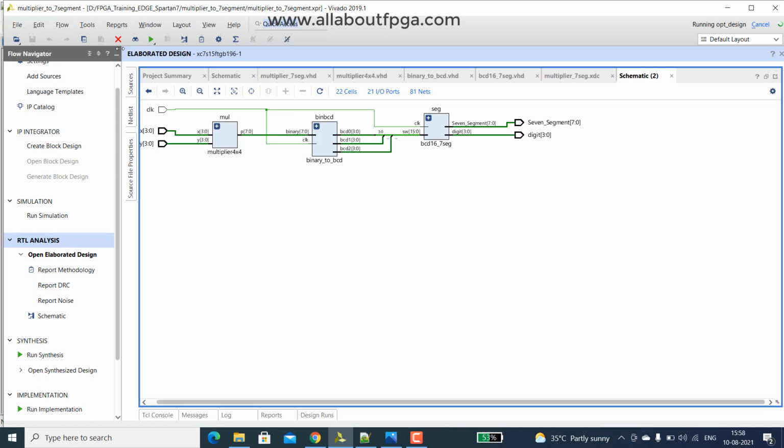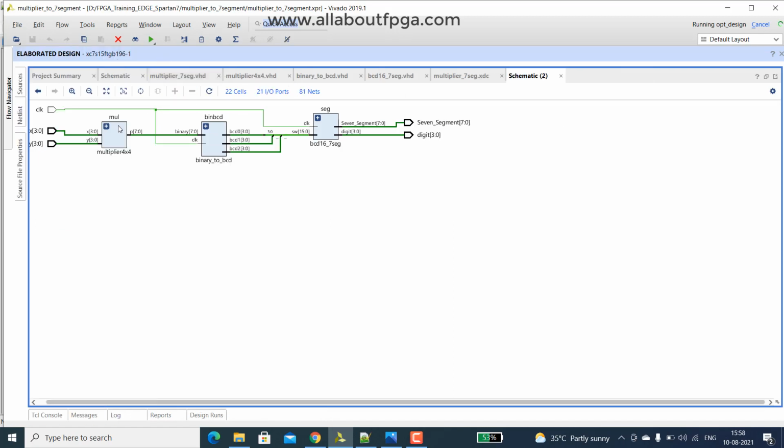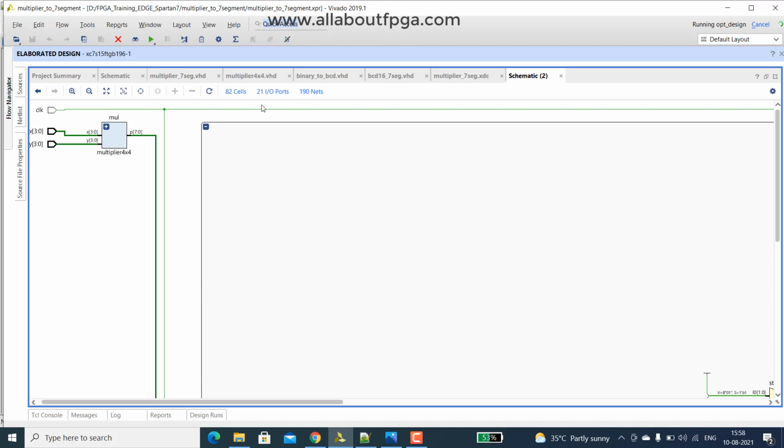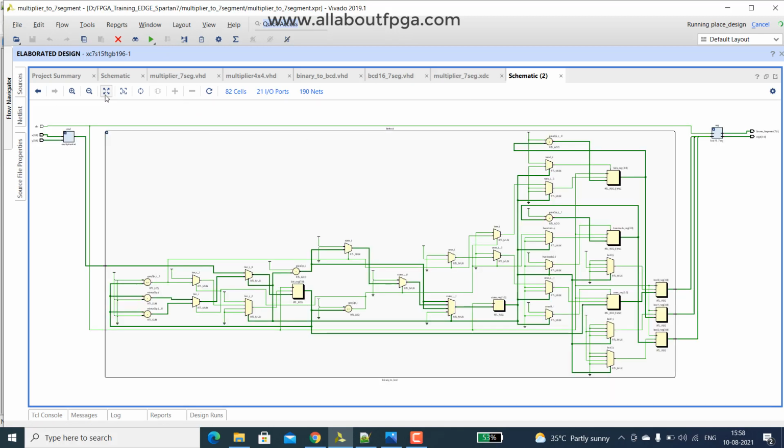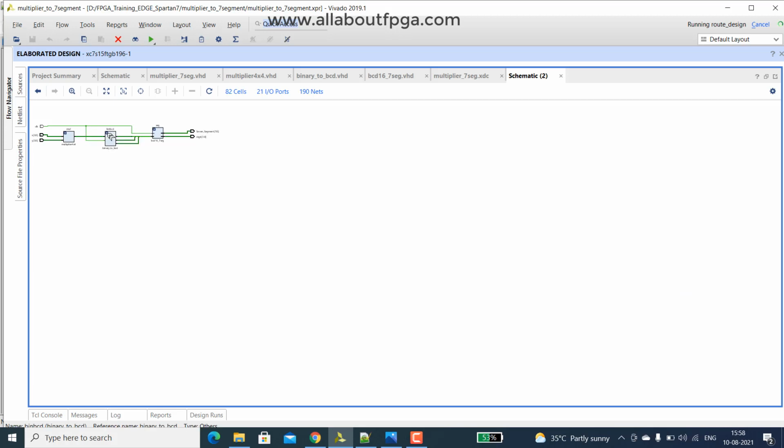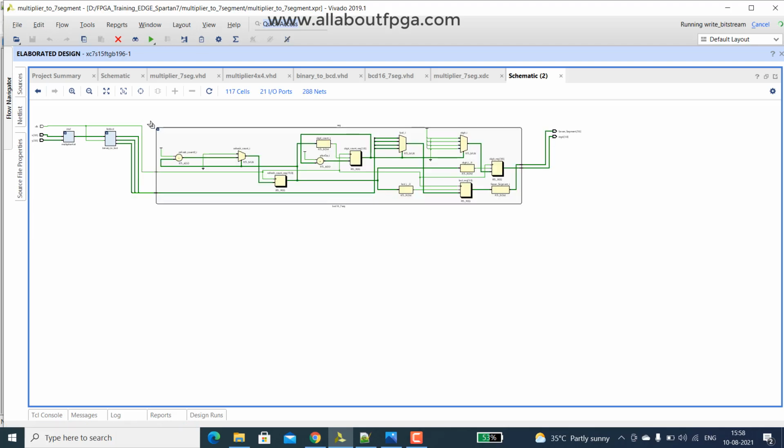Then we have that binary to BCD part. You can see so many logics are implemented inside this binary to BCD. Then we have the BCD to 7 segment part, this one.